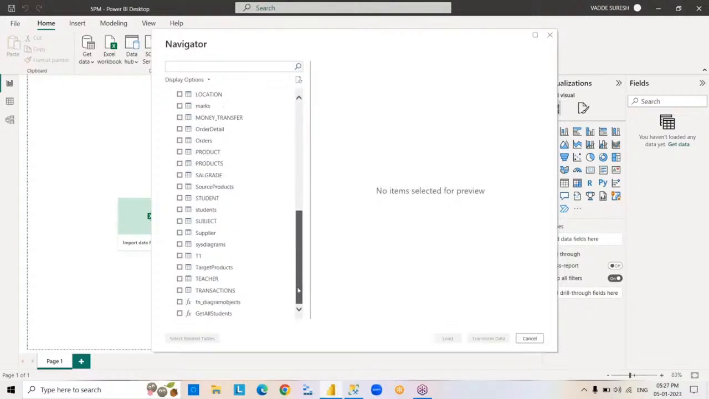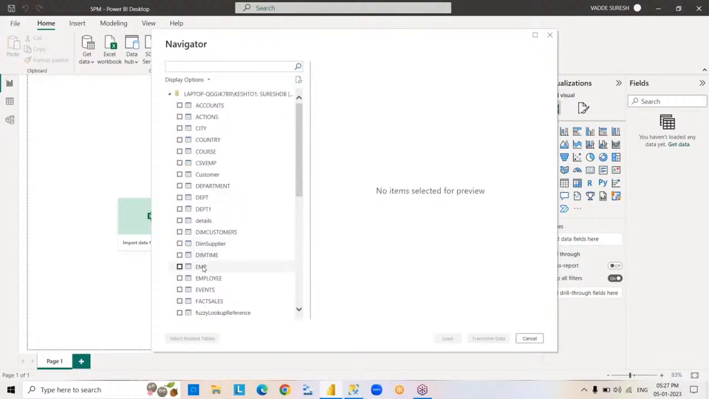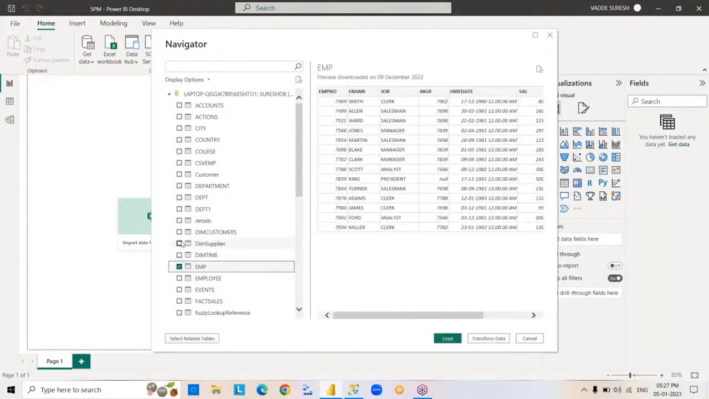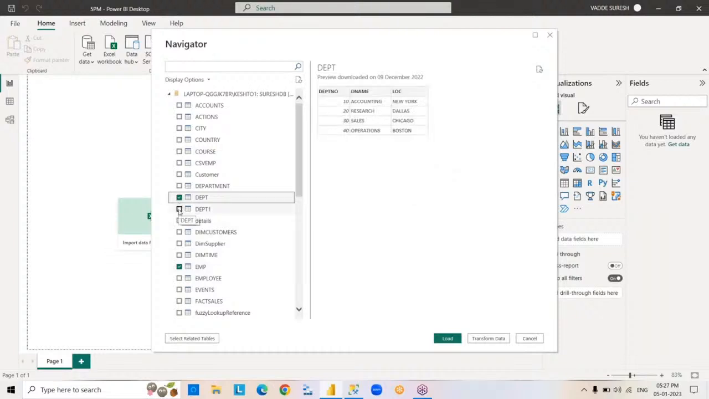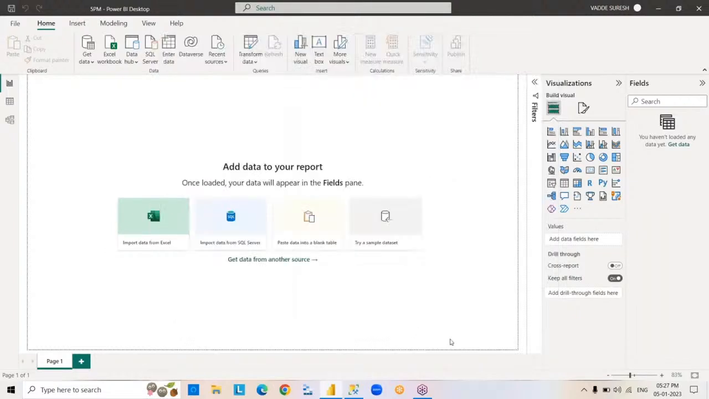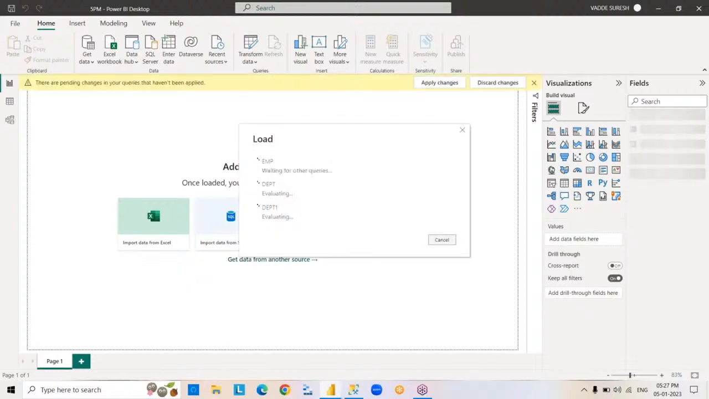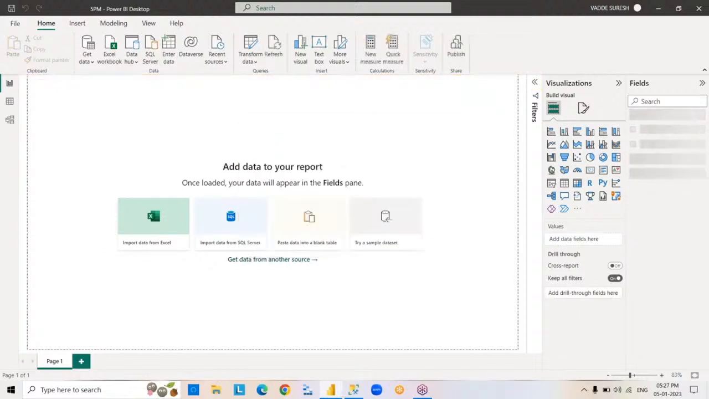So these are the tables existing in the source. Suppose I'm going to copy EMP table and department, 2 tables, and load. How are we copying? We are copying now using import. What is the other way to copy data? Direct query. Right, and